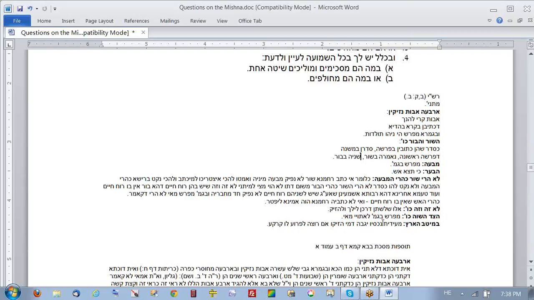And the other work we have to do is, since we know that there's a machlokus between Rav and Shmuel about what mava is, and that impacts on what shor is, we're going to have to see if that works consistently with both those shittas. So all that work is iyun work that's done at the next level of analysis, and that's what Tosfos is all involved with. But we're going to first just do an overview of Rashi, and then we'll pick the Tosfos that you want to discuss. Okay? Because, like I said, everything here is quite deep.